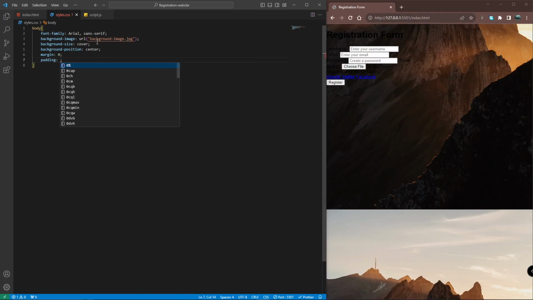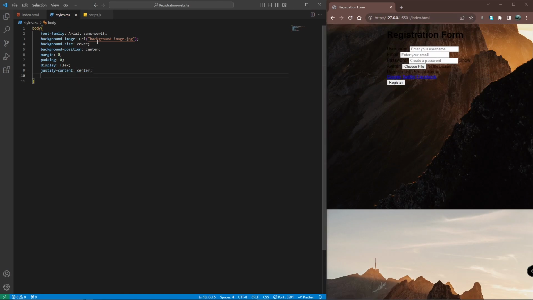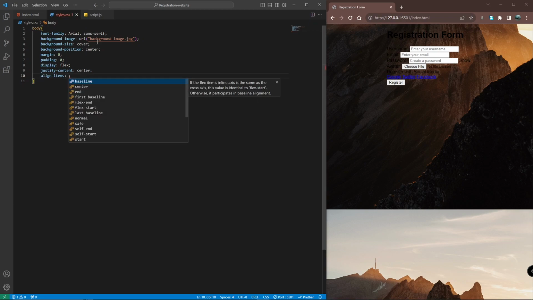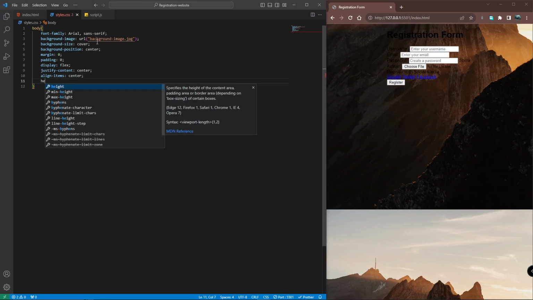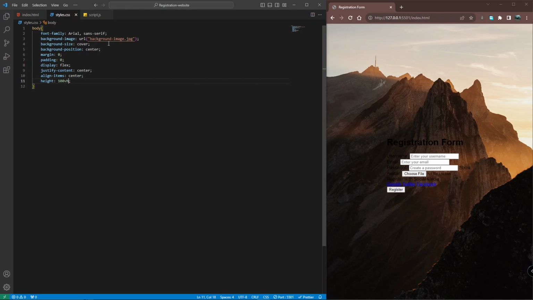Also let's remove all the paddings. Let's give it a display of flex. Let's justify the content in center. Now align items center and give it a height of 100 VH. Okay,